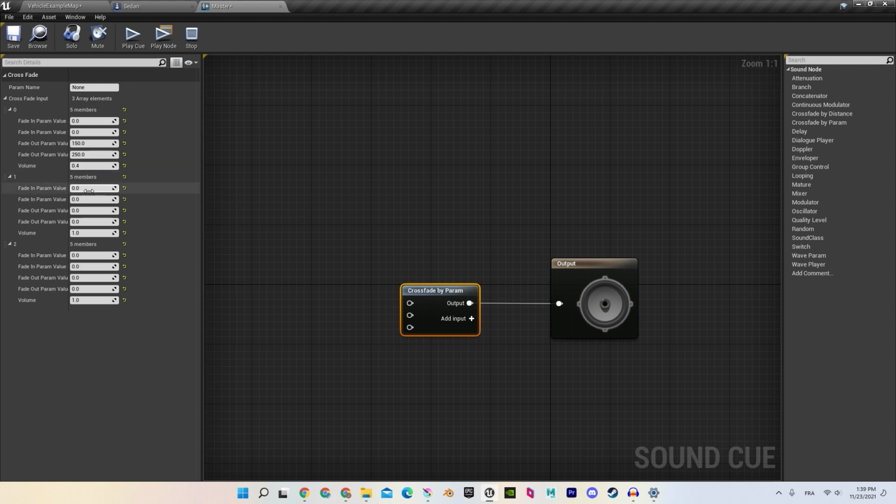And then in the next one I'm going to do 0.5, and then 200, 2500, and 3000. And then for the last one here, I'm just going to do 0.5. And now for the last one, I'm going to go 750, and I'm going to do 2000,